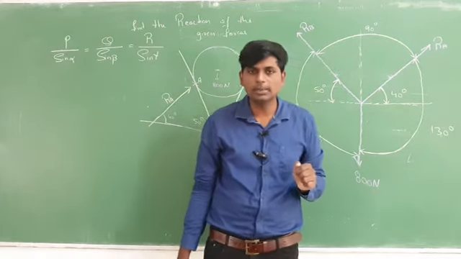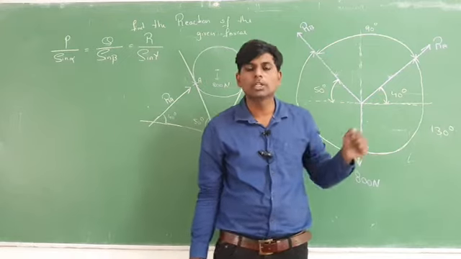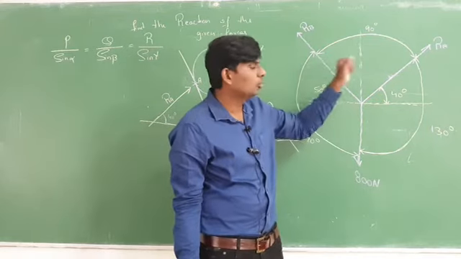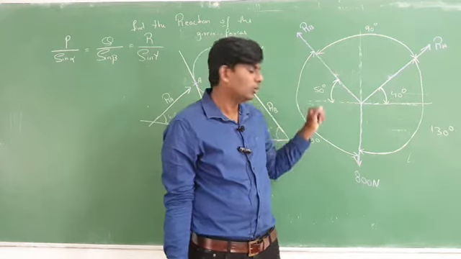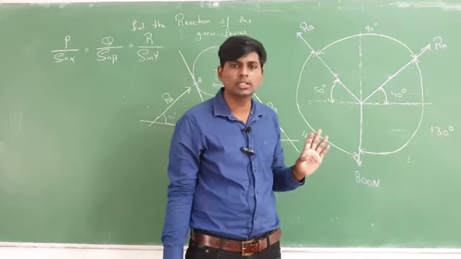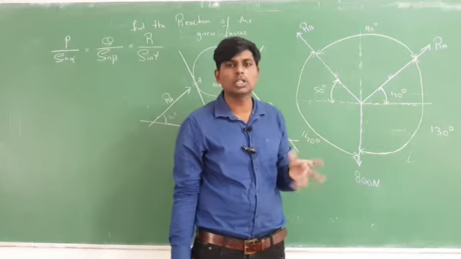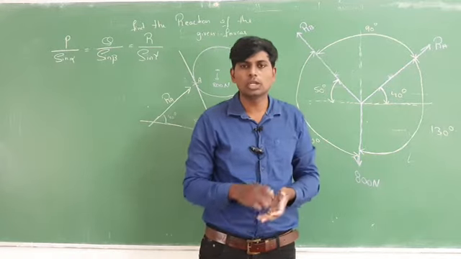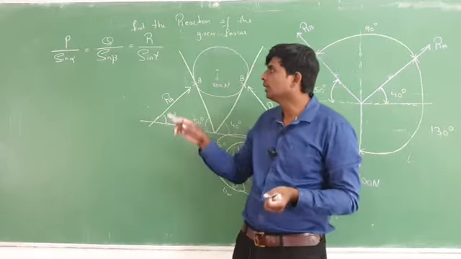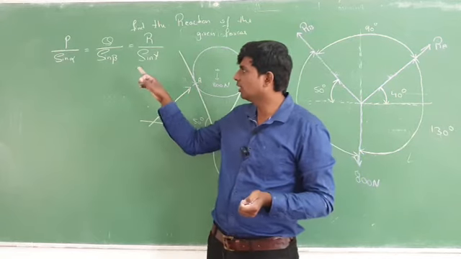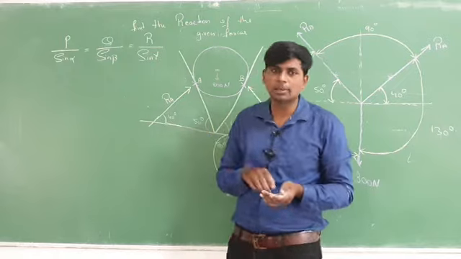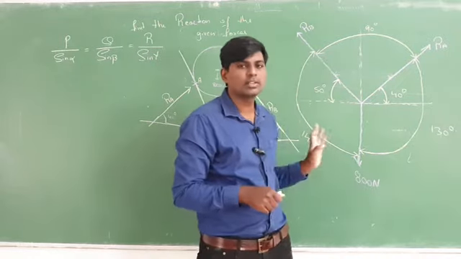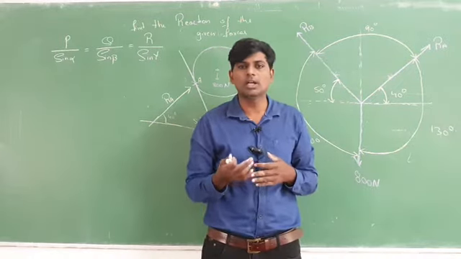The good thing about Lamè's theorem is you can select any force. If you want to select RA, you can select RA. If you want to select RB, you can select RB. If you want to select the load, you can select the load also. So I wrote here the formula for Lamè's theorem, that is P by sine alpha is equal to Q by sine beta is equal to R by sine gamma. See, any angle you can select as alpha, beta, gamma.